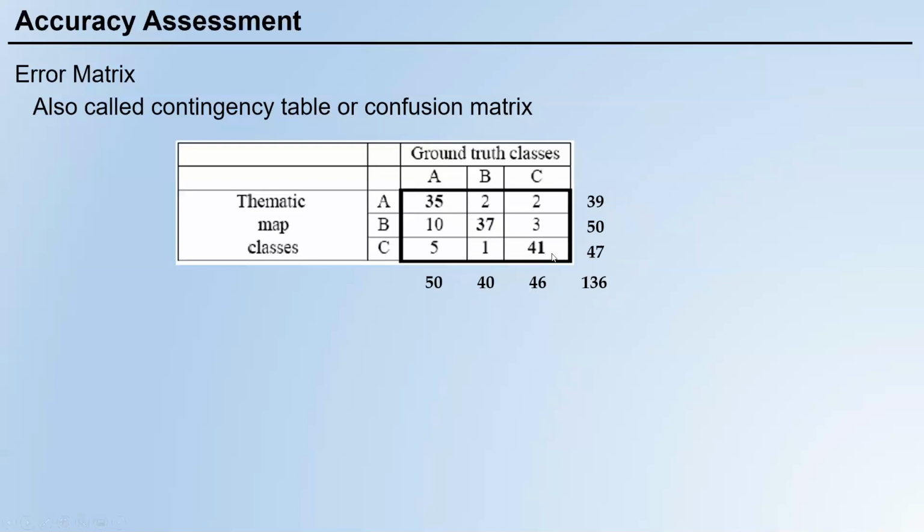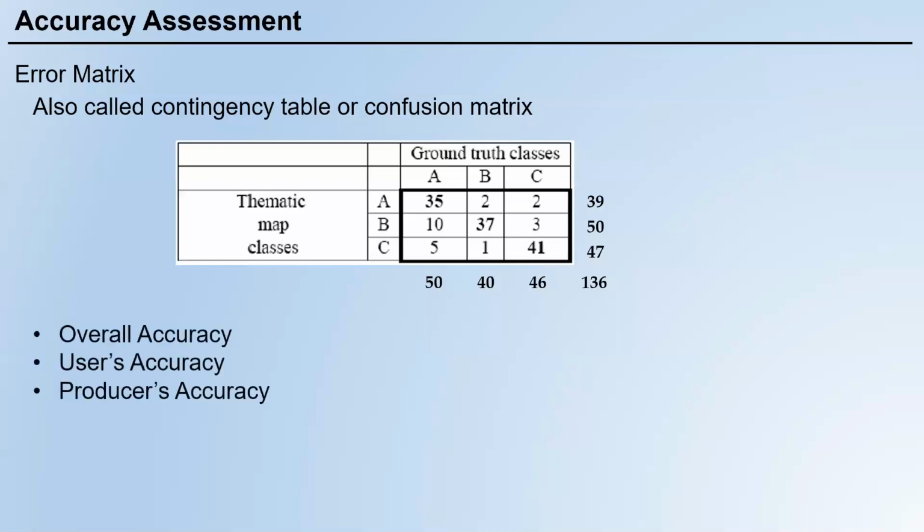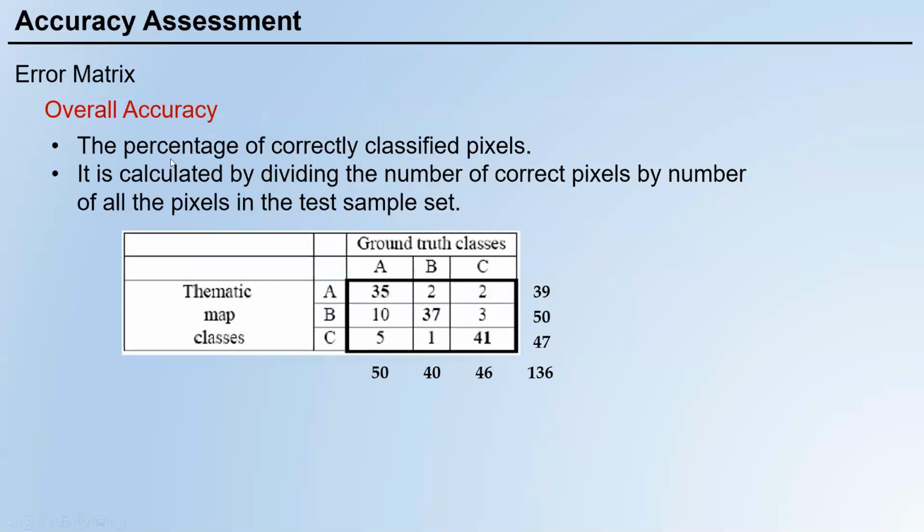Observations along the diagonal of this table are correctly classified pixels, right? Okay, so based on this matrix, we can calculate overall accuracy, user's accuracy, and producer's accuracy. Overall accuracy is the percentage of correctly classified pixels. It is calculated by dividing the number of correct pixels by the number of all pixels in the test sample set